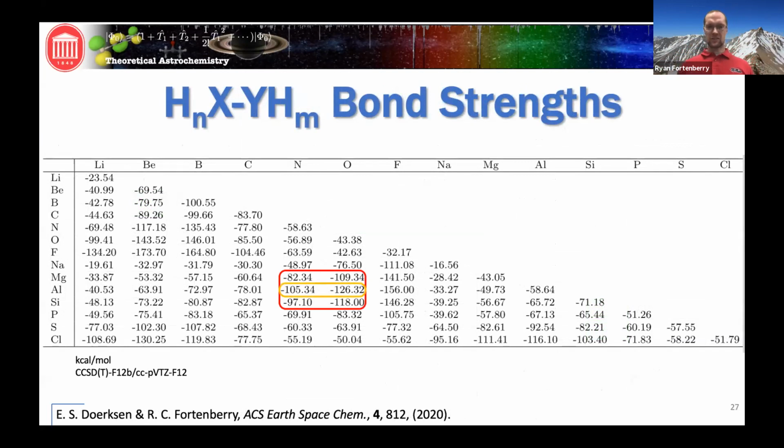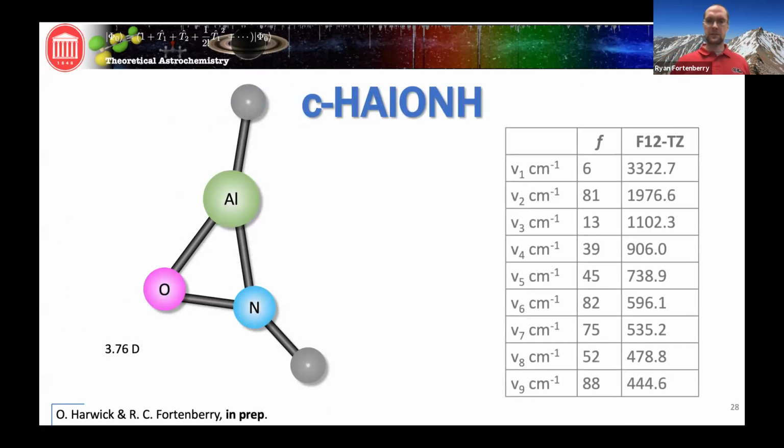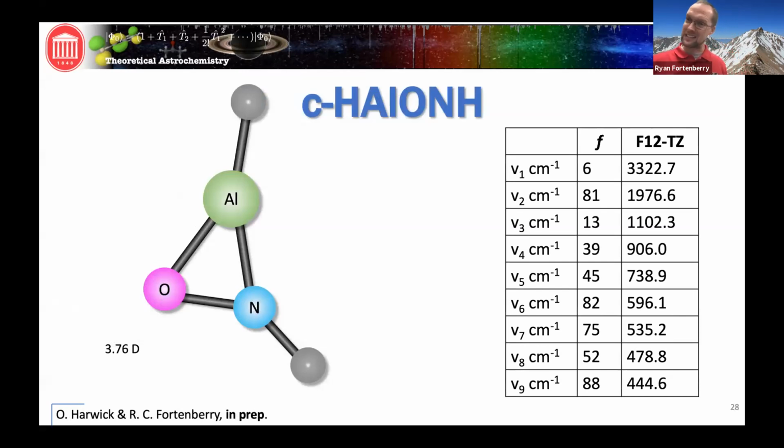Well, aluminum also makes strong bonds with nitrogen and oxygen kind of bond to each other. What does that molecule look like? So this is a C1 molecule. So actually the hydrogen on that nitrogen is sticking out of the plane coming at you. So we calculated the frequencies for this. The intensities aren't as great. They're not quite as high. The highest ones are about what you'd expect for the antisymmetric stretch of water.